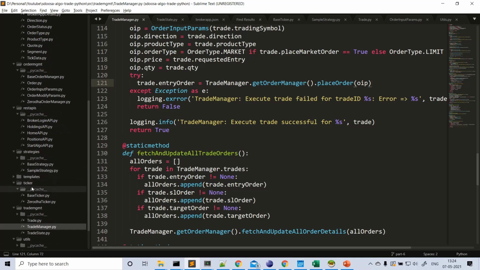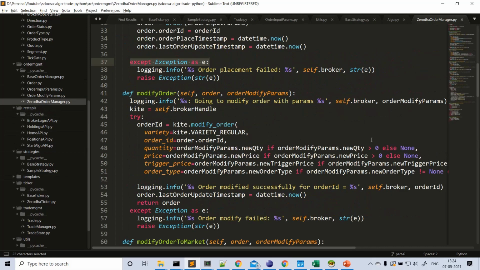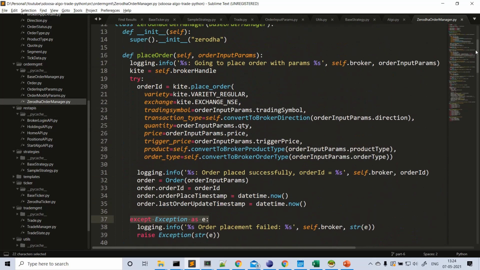It is with these details written. So inside the order manager, for the current scenario, after the order is placed, you create an order by passing the order input parameters to this order object, getting the order ID from the broker and filling it, along with the order place timestamp and other values, and returning this order object from here. So that's how it will be.